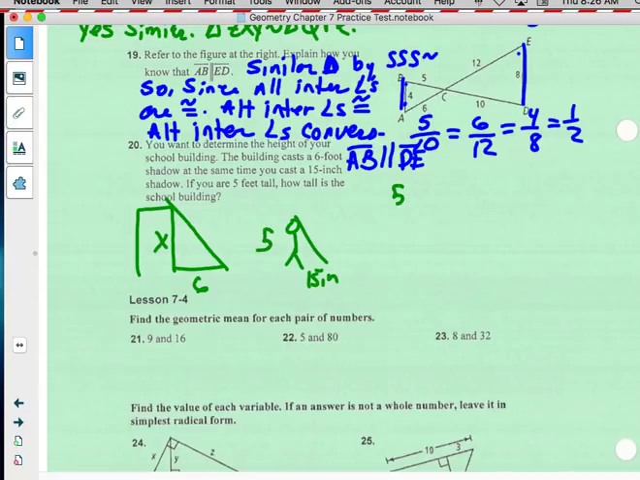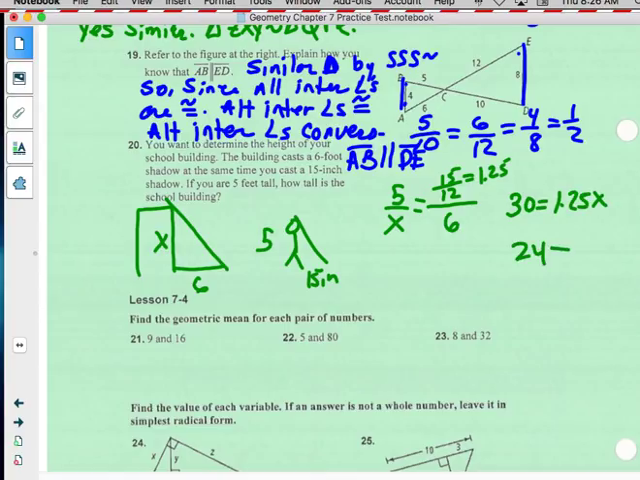So you go height to height, shadow to shadow, and I've got a 15 inches is 15/12 of a foot, so I've got shadow to 6. So now I'm looking at cross multiplying this. By the way, this is 1.25 feet. And now I cross multiply and find out that 30 is equal to 1.25x. And 24 is equal to X. So the building